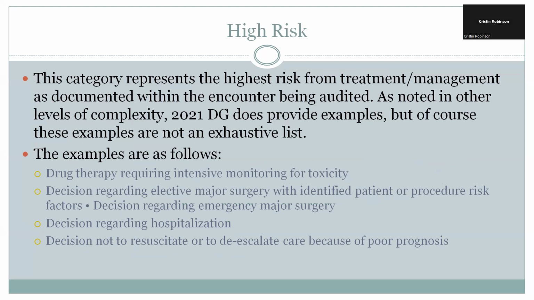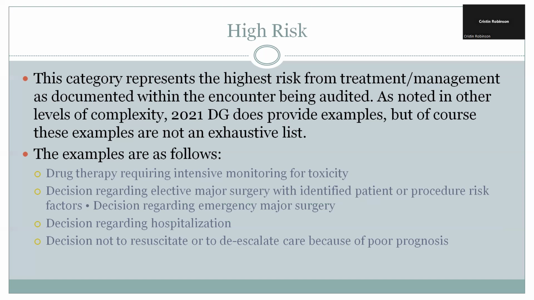Okay, now let's get into high risk. This category is the highest form of treatment and management documented. And as noted in the levels of complexity based on the 2021 documentation guidelines, we have a few examples. So, drug therapy requiring intensive monitoring for toxicity. This could be a heparin drip. This could be a